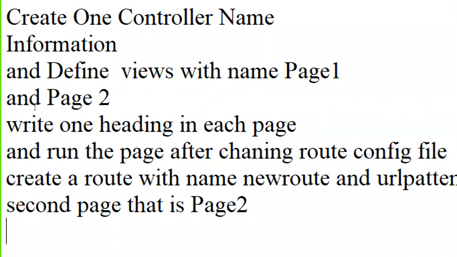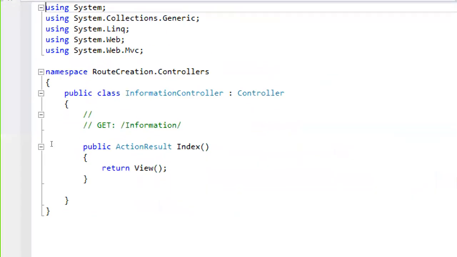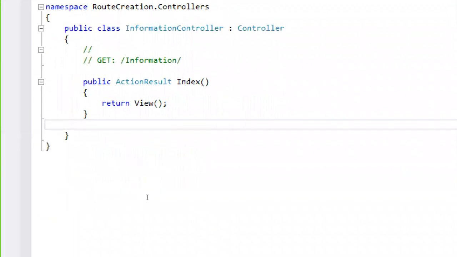I have to create the page 1 and page 2 views. Now we know that a view is always created with the support of a function. So first we have to create a function, and through that function we can create the views named page 1 and page 2. No problem.